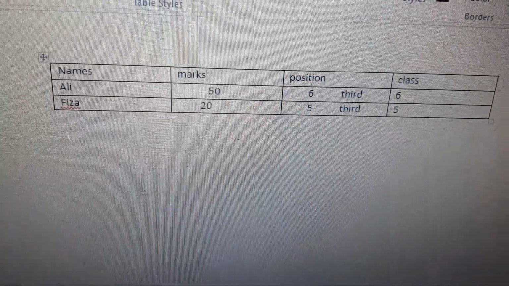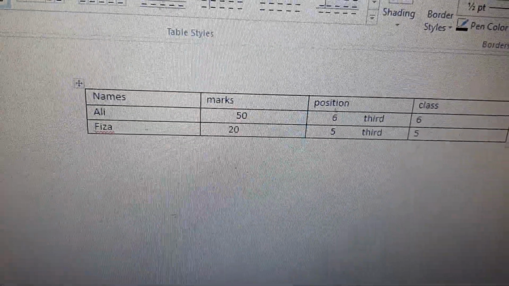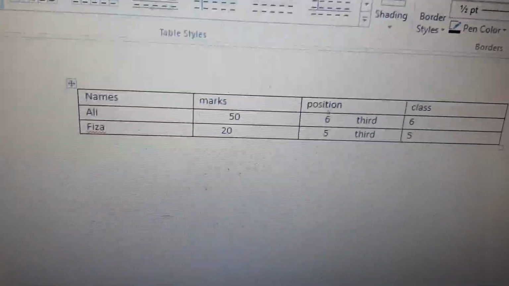Now students, suppose I have this table and I want to resize my table.